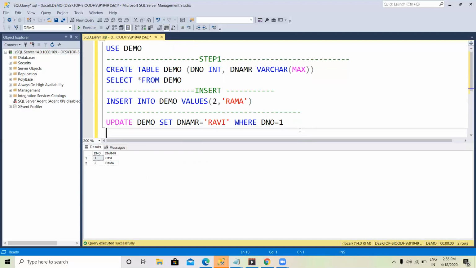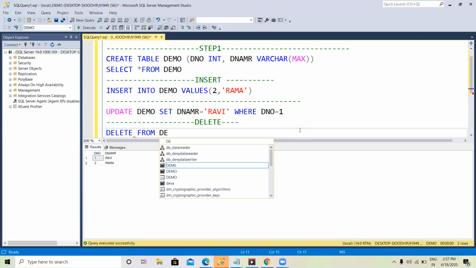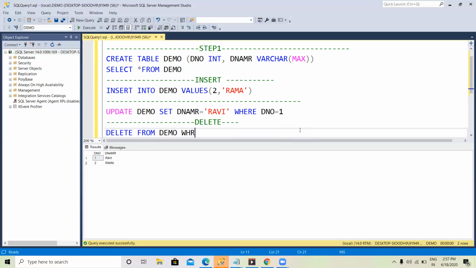Okay, I want to perform a delete operation. Delete from demo where dno equal to 1, I have to delete.